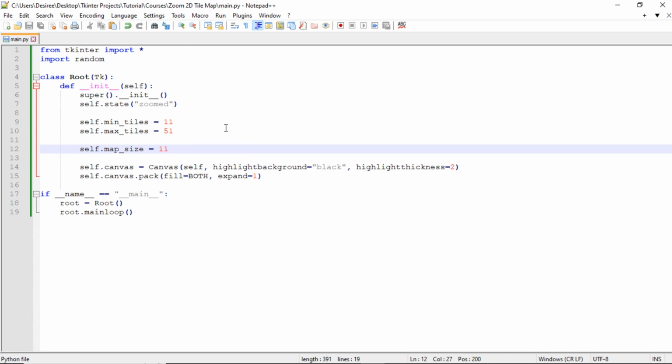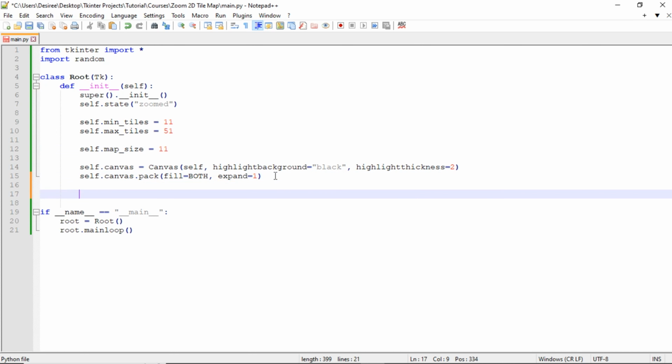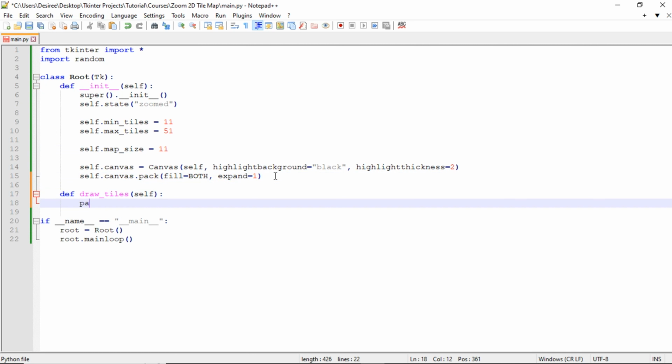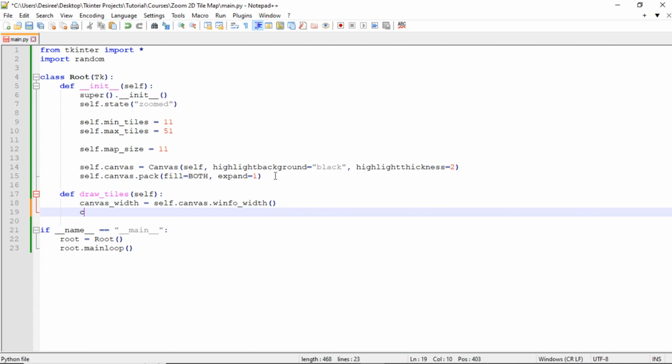The next step is to draw the map tiles onto the canvas. So the next thing we'll do is add a method called draw_tiles to the root class. So just define draw_tiles(self), and we'll just put pass for right now. Then we'll get the canvas's width and height. So we'll do canvas_width is equal to self.canvas.winfo_width(), and then canvas_height is equal to